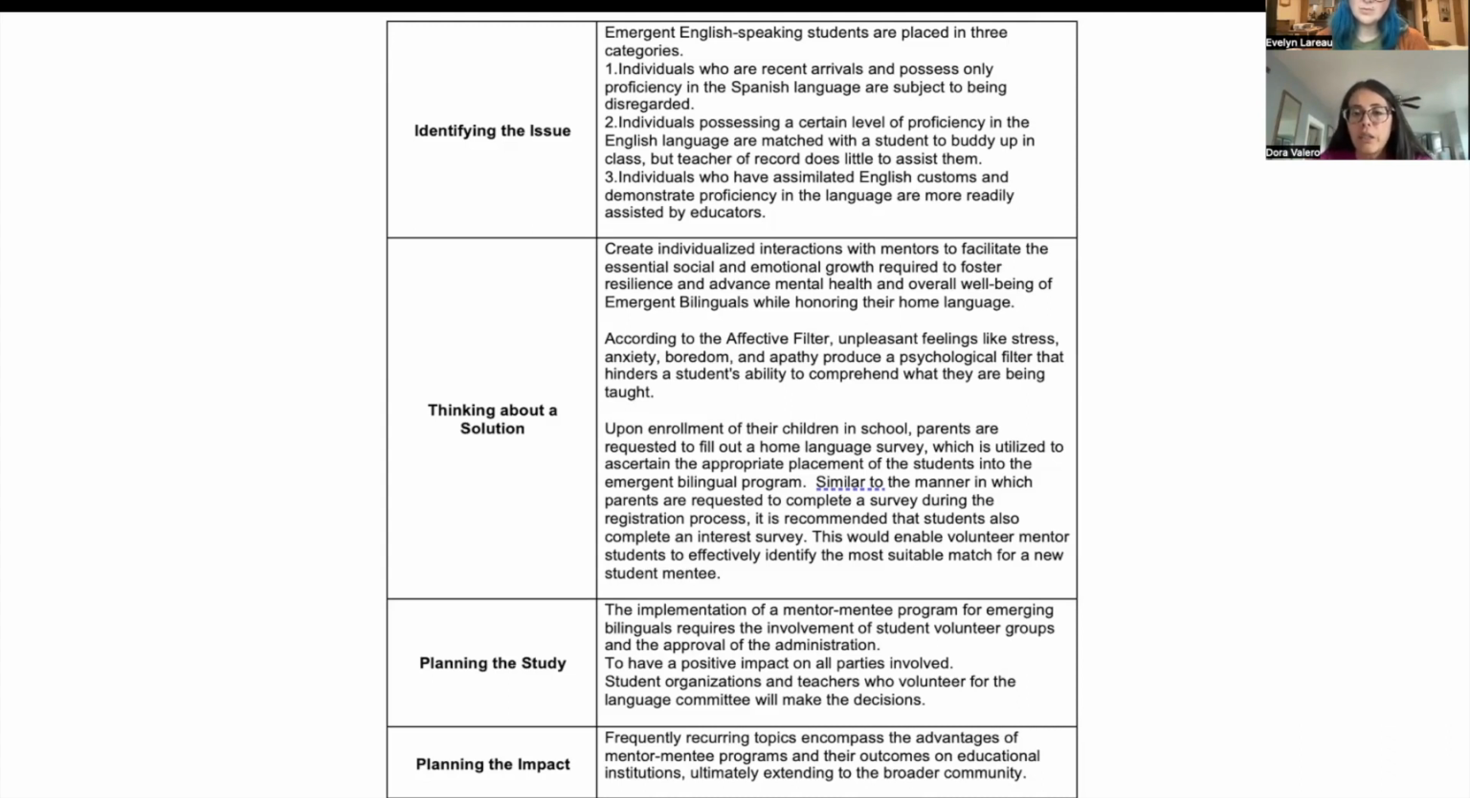Now, this would enable volunteer mentor students to effectively identify the most suitable match for a new student mentee. So if they said that they like baseball, okay, let's give the card to the baseball team. Maybe they can do intramural gaming, or they could practice with a team if they don't feel like they're playing with a team. Sometimes they're really good and they just join the team and they don't even realize they could have joined the team. So we were thinking of ways to put volunteerism and students who are coming in together,